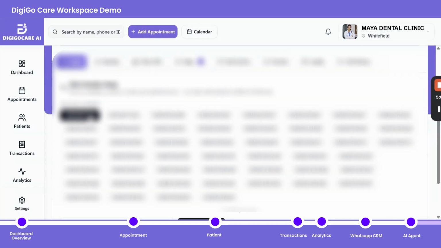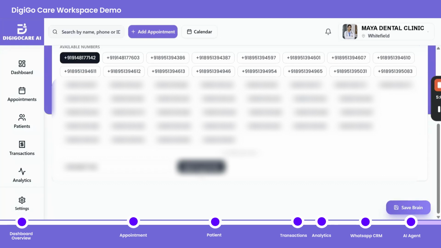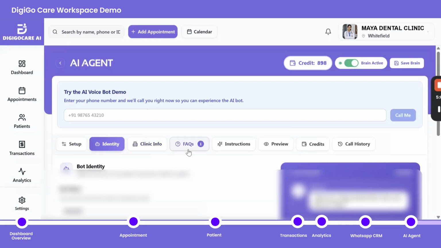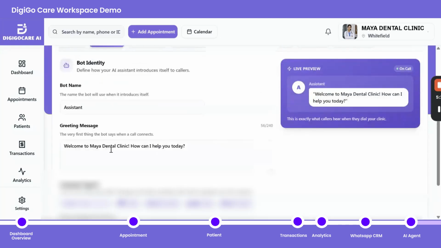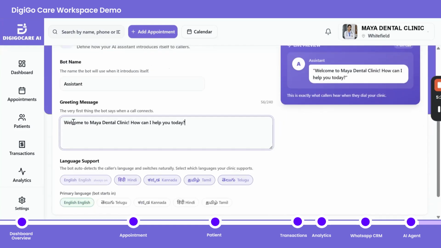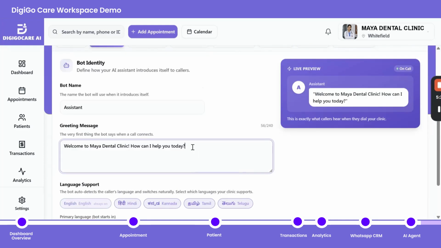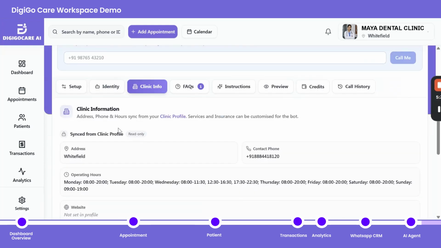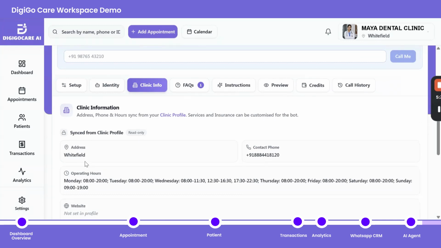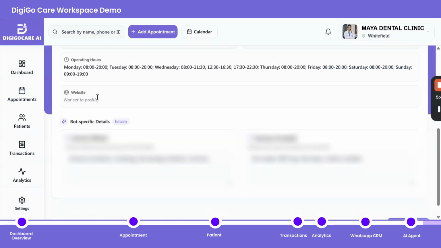So for clinic setup, you can select any number. Then for identity, you can give the greeting message with your clinic name, and this is how the greeting message will be there, and the languages are English, Telugu, Kannada, Hindi, Tamil, and you add your clinic information, the address, contact number, and you can also upload your website and your offered services.